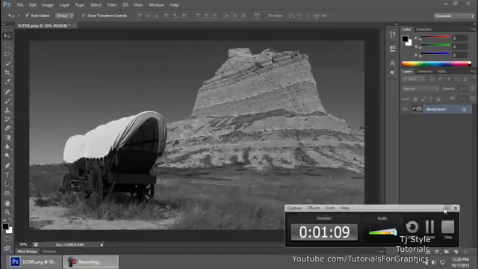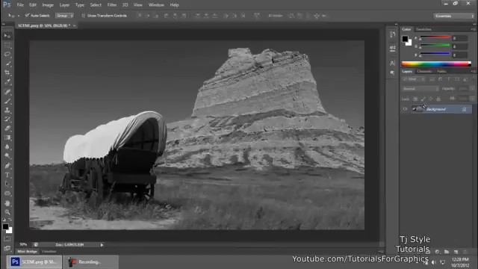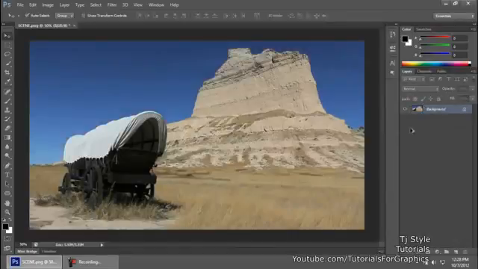But say if you don't have this image, then you are stuck with this effect guys, and you cannot get back to your original image. Now I'm going to press Ctrl Z, Ctrl Alt Z to get back to the original image. And yeah, so now guys, let's take a look at how you can apply the same effect